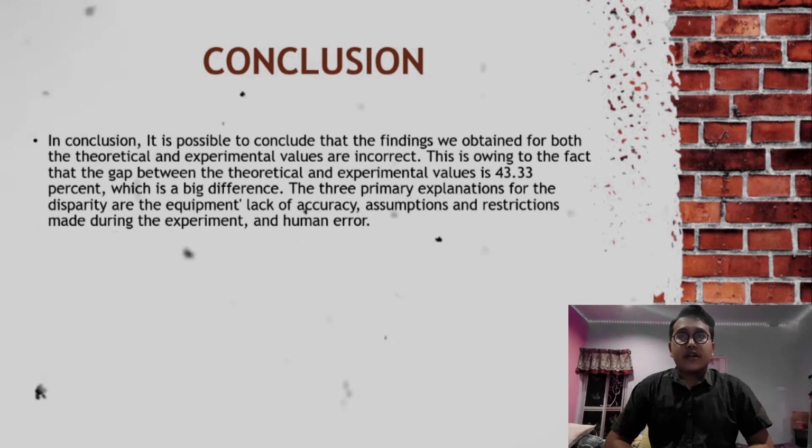So now we are at the conclusion. In conclusion, it is possible to conclude that the findings we obtained for both the theoretical and experimental values are incorrect. This is owing to the fact that the gap between the theoretical and experimental values is 43.33%, which is a big difference. The three primary explanations for the disparity are the equipment, lack of accuracy, assumptions and restrictions made during the experiment,